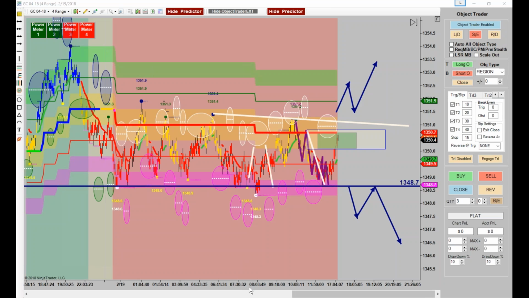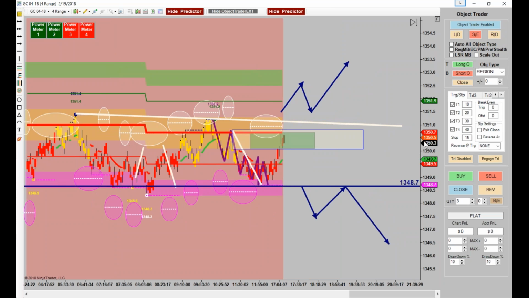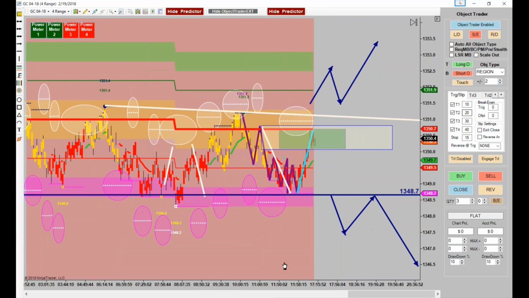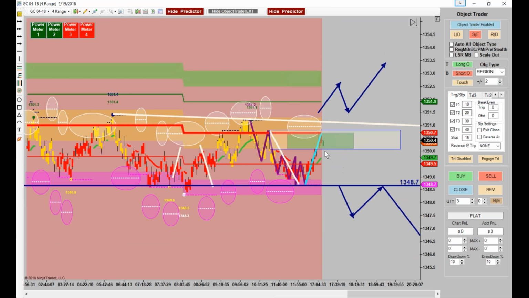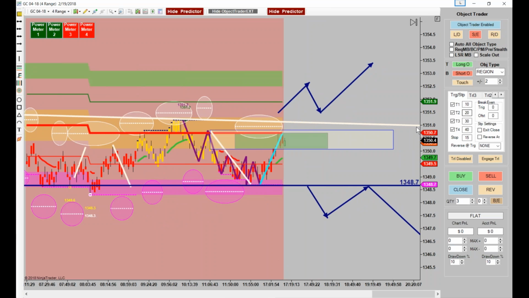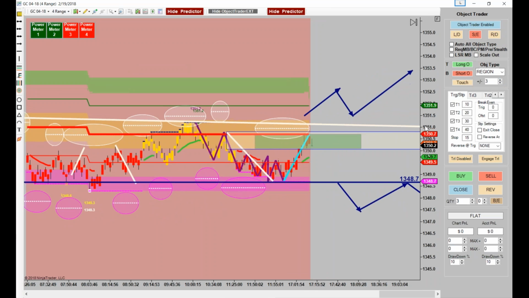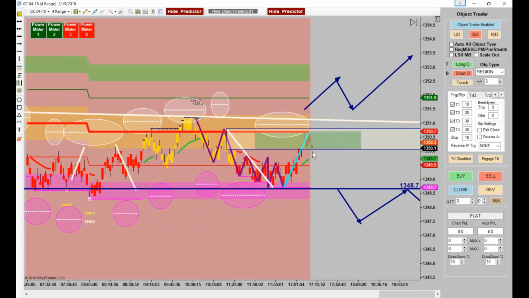And by the way, it's up to you, if you want to do like a touch plus like 2 or 3 or something like that. Some people like touch better than they like the close, because if this closed inside this box, it would have to close all the way outside the box to ever fire that trade. You can always say, you know what, I'll just go touch plus 3 then. That would be fine, because that's really almost like touch plus 4, because it's got to verify. See, there's 1 tick out.